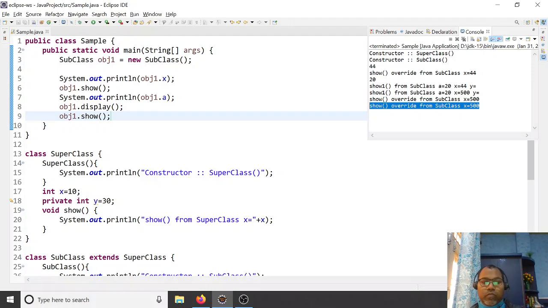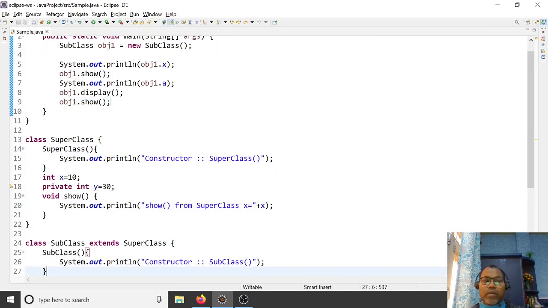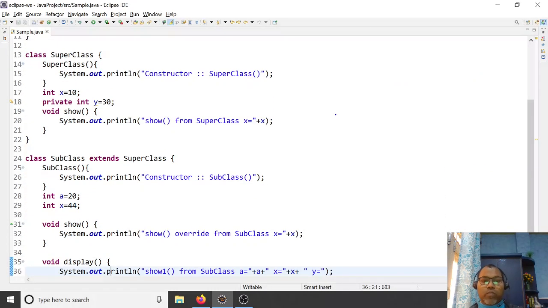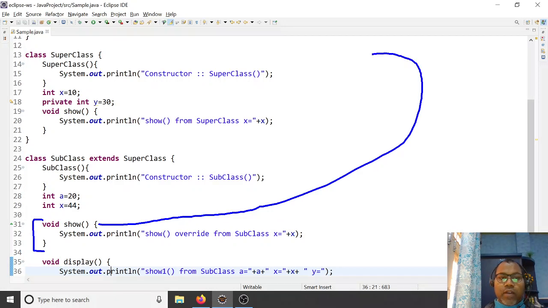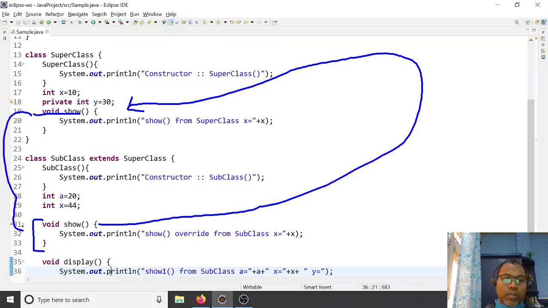So it's clear, overriding. Or someone may ask, what is overriding? Overriding means you are defining a method in a subclass with the same signature that is defined inside your superclass. So this superclass method is overridden in your subclass.